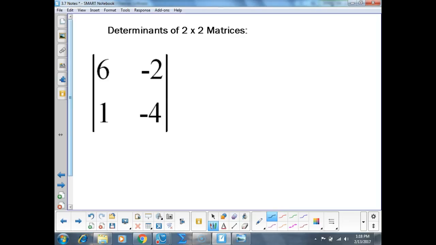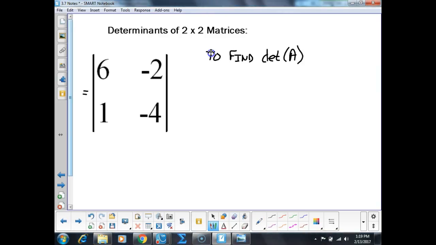So, to find the value, we shorten determinant to DET. So if I want to find the value of the determinant of matrix A by hand,